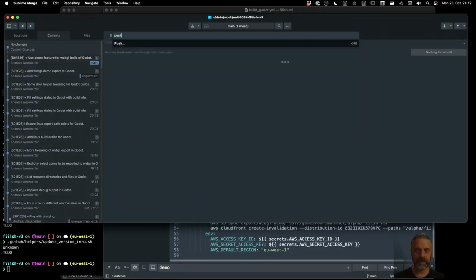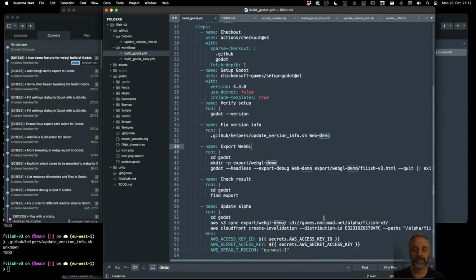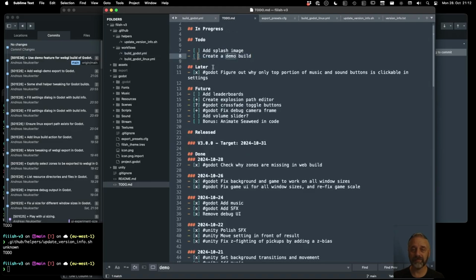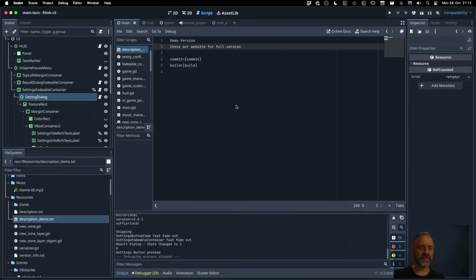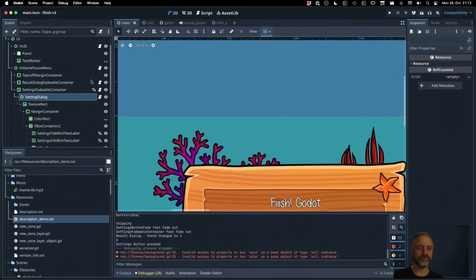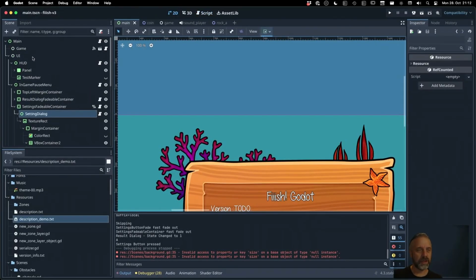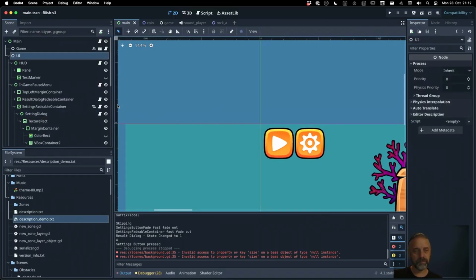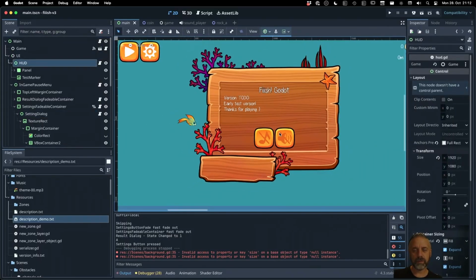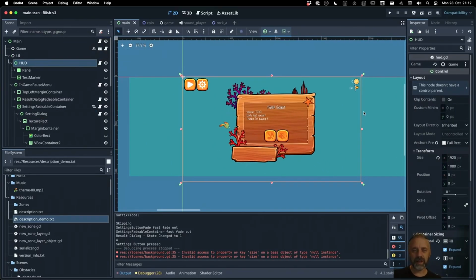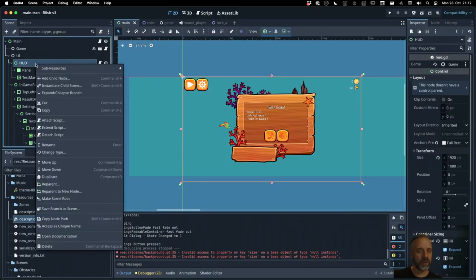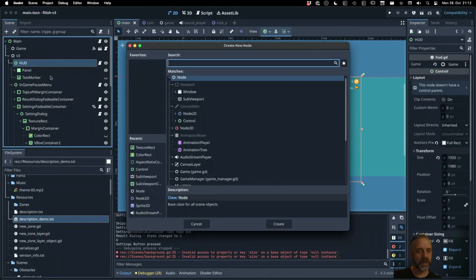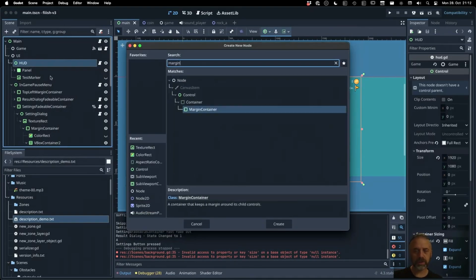Let's rebase, let's push. If that works... I'm not sure this is enough, right? I would like something like, I don't know, how do we do this, right? Maybe we do it in the HUD, right? Maybe we do it in the HUD and say add child node margin